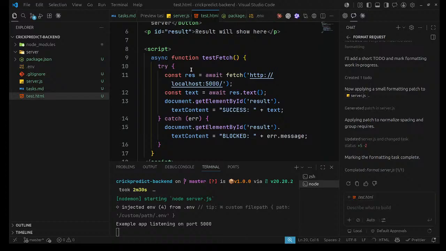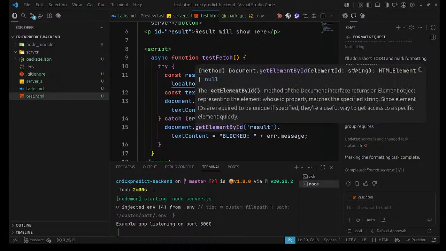I think we should create a simple test.html for our purpose.